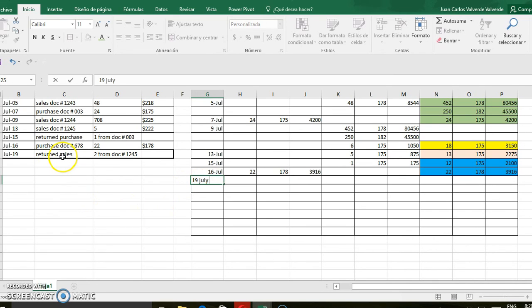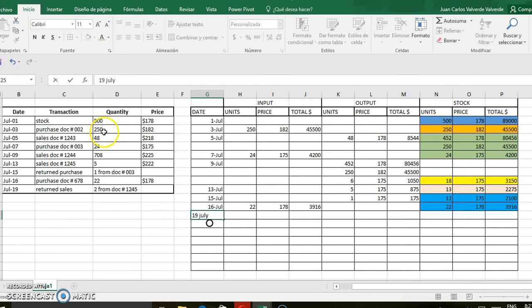And finally, the 19th of July. The 19th of July says return sales from document 1245. Document 1245, right here. We sold 5, okay? And they're coming into our stock again. Okay, 1245, the 13th of July, the price was 175. So here, since 2 are coming to our stock, we put it in the input section. The price was 175, so we multiply, okay,